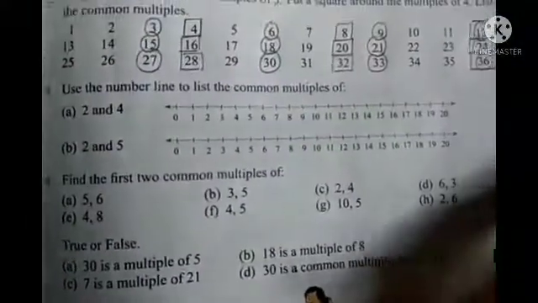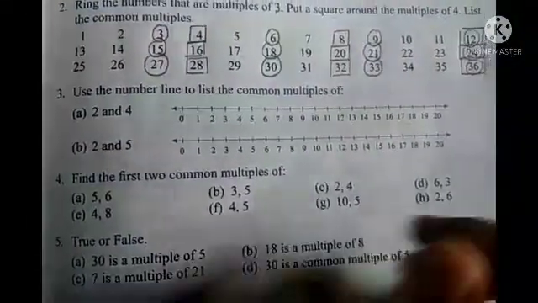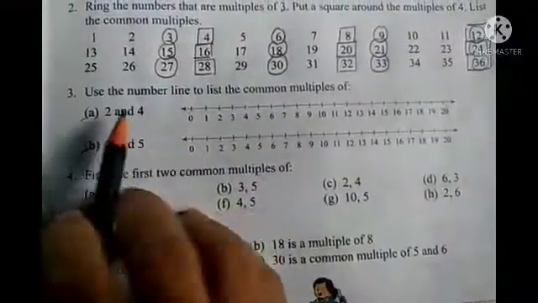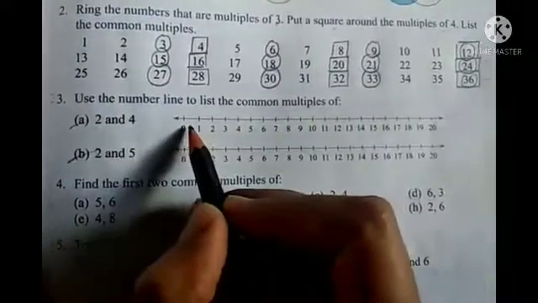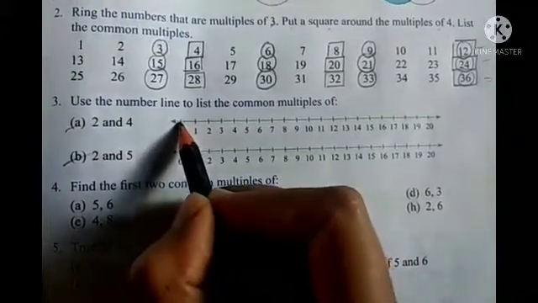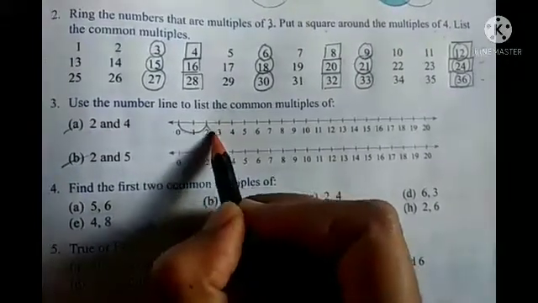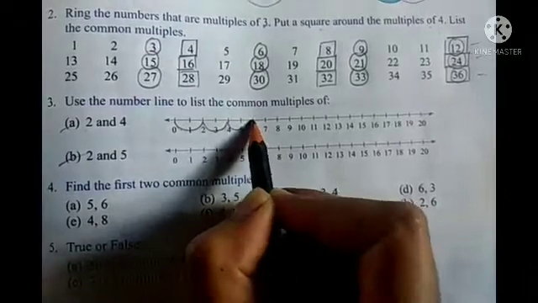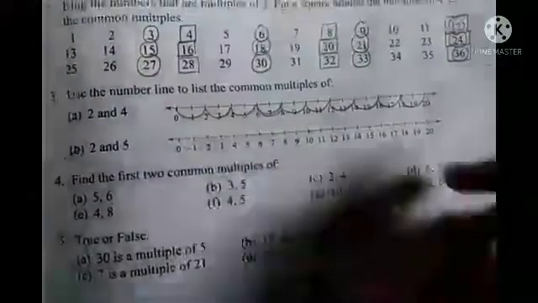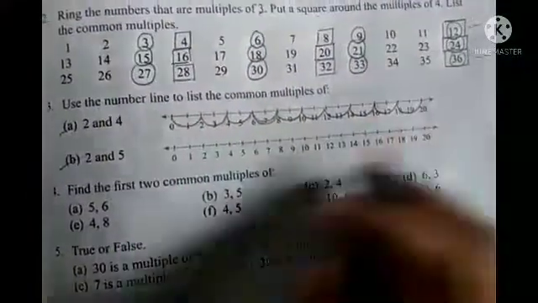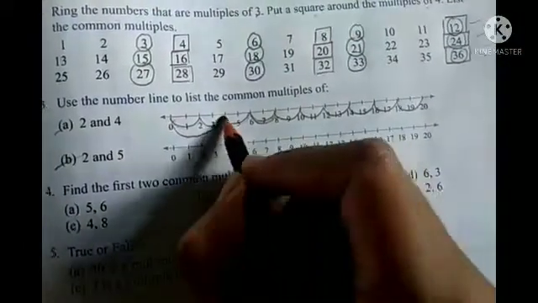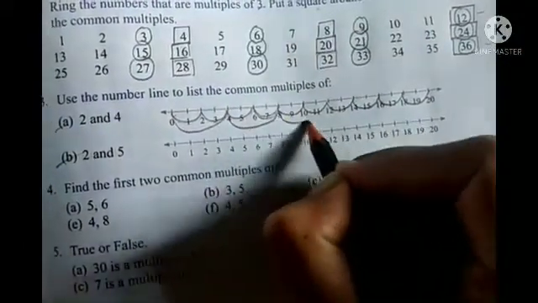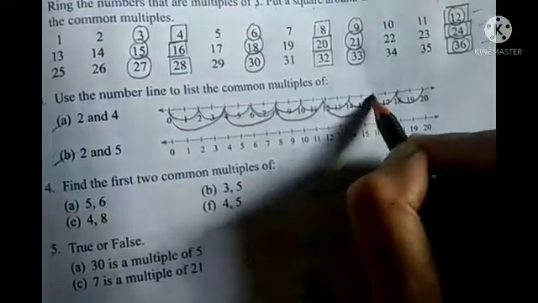Now as I told you about number line, so here two numbers are given, so I'll show you one how you have to do. So 2 and 4. So first of all, let's mark for 2. So from 0, if we start the multiples of 2, you have to just mark in this way. Okay, so now 2's multiples are done. Now we will do 4. So from 0 you have to start, and it will go 4, 4 2 ja 8, 4 3 ja 12. Okay, so like this way you have to mark it.